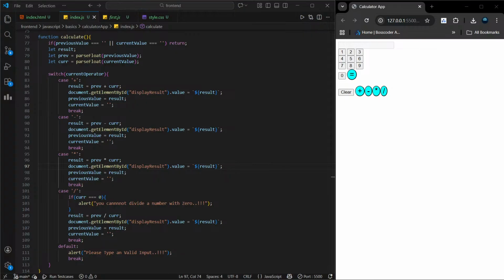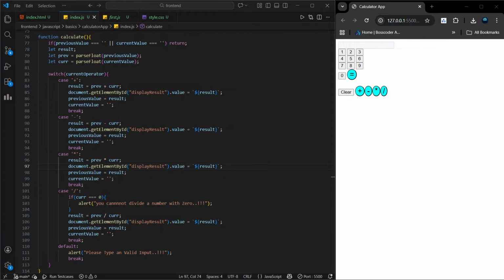Now it is only working with a plus, so you need to do it like this, because see the result, you need to store that result into the previous value that is showing. Okay, so now I have shown you how you can do this, but your task is to show these operators as well. After one calculation, whenever I click on any operator, your task is to show that operator as well